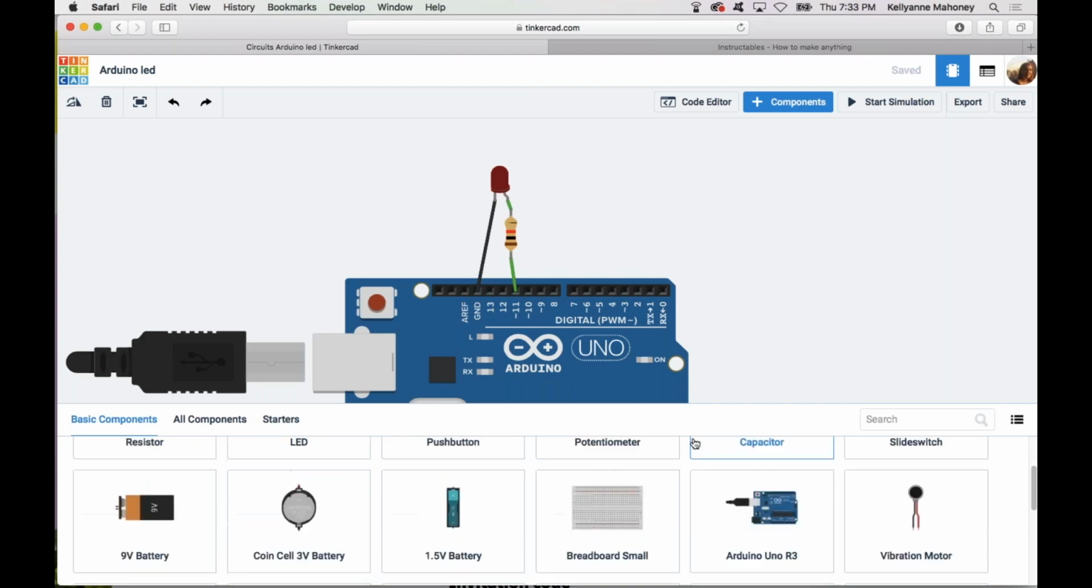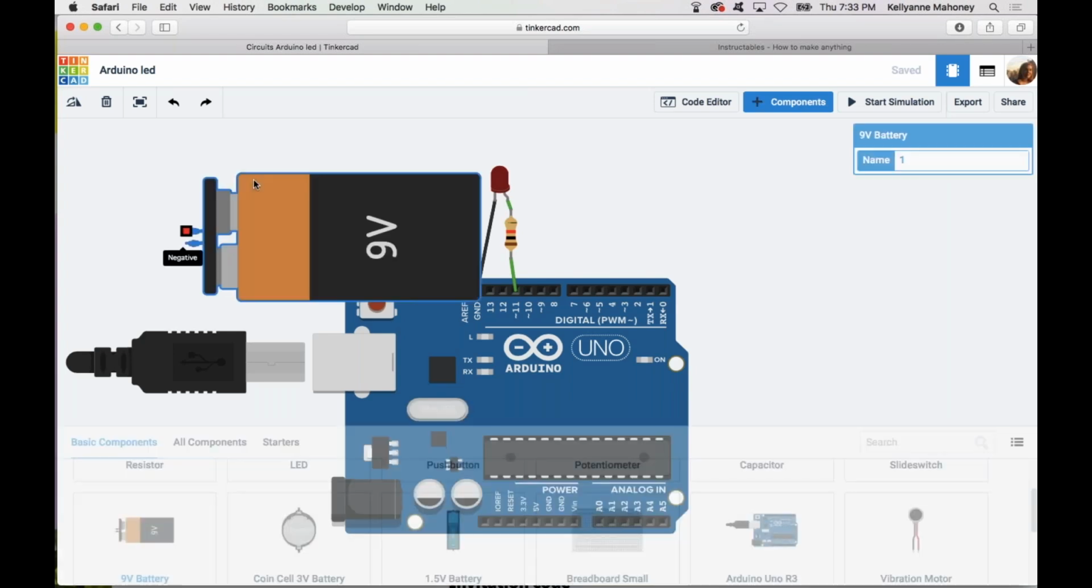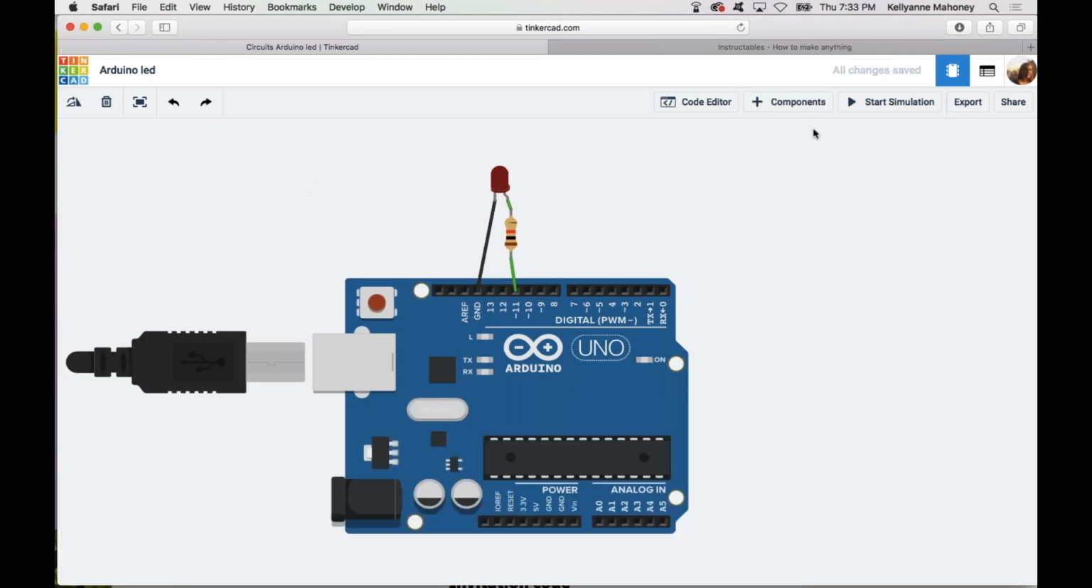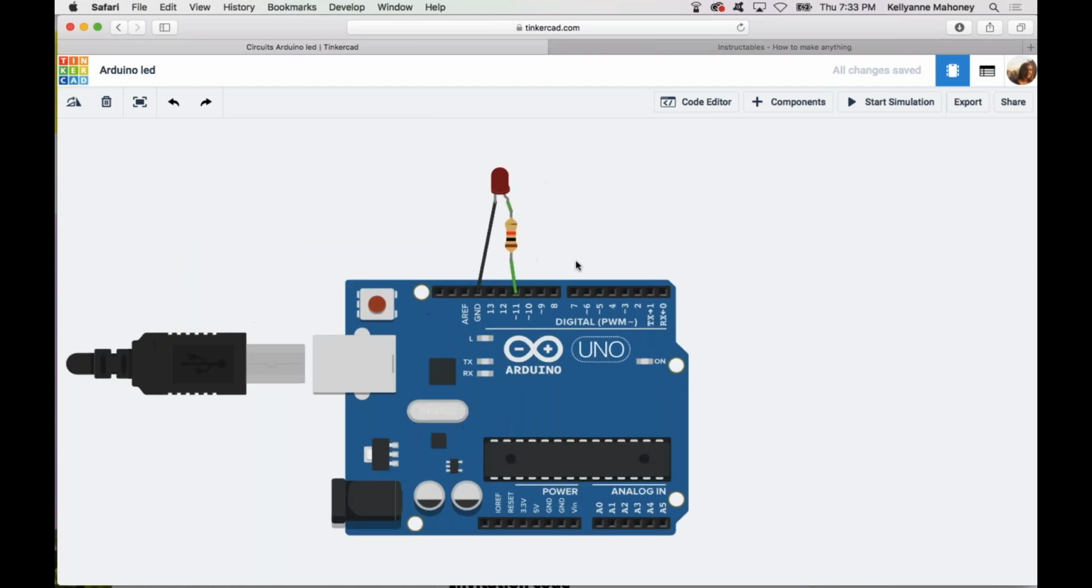So I could add a motor or a battery to this, and you would just drag it out this way to add it, and then I would need to wire it like I've wired this. And I'm going to delete that for now. I want to show you how it works. So when you make something in Circuits, once you click Start Simulation,